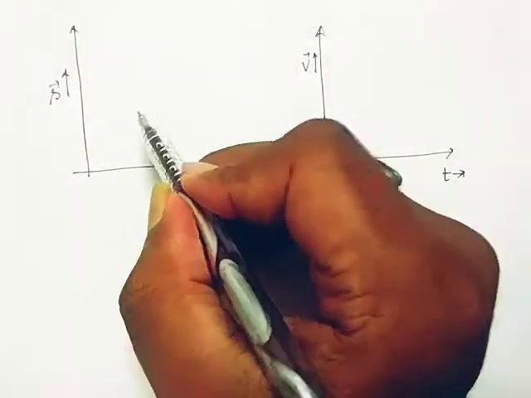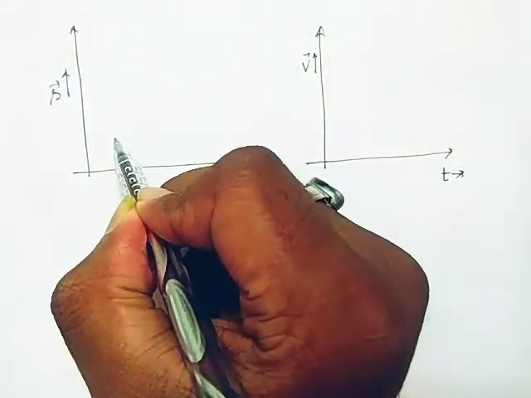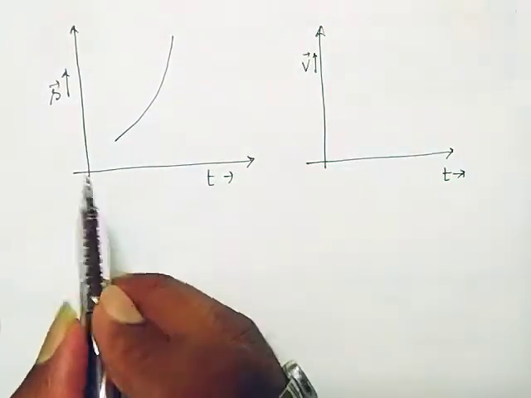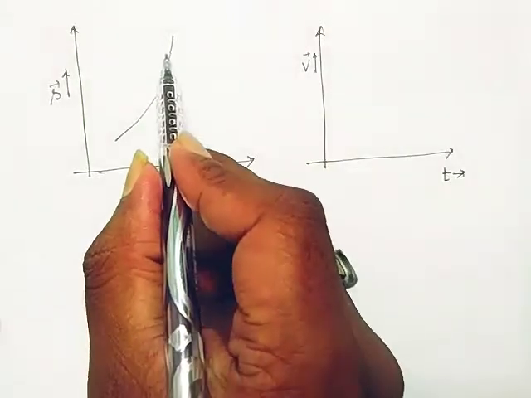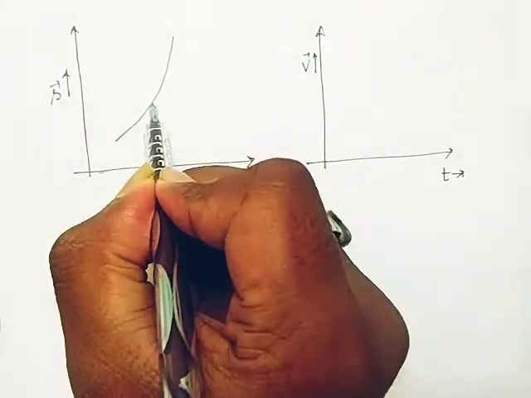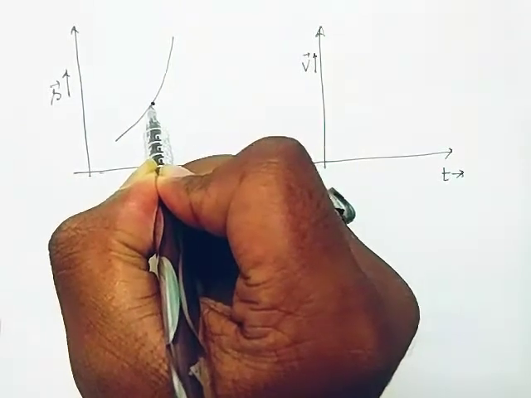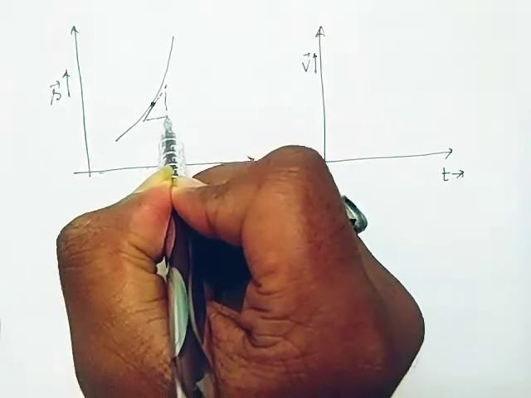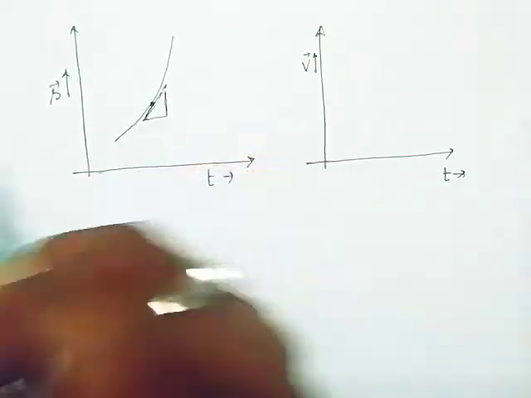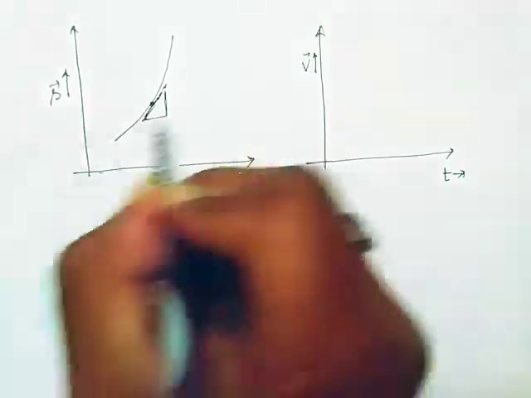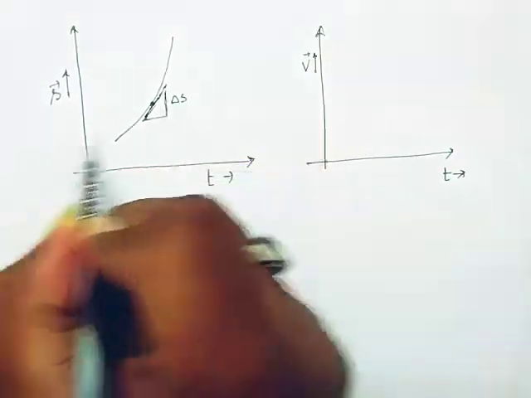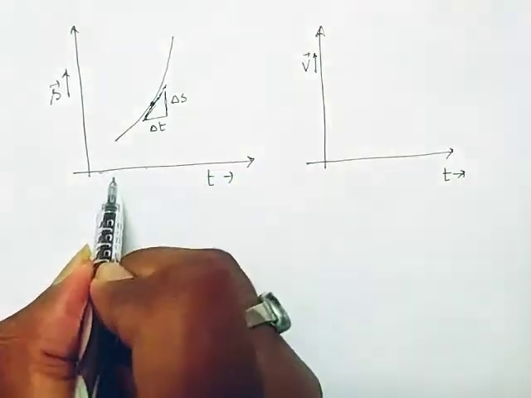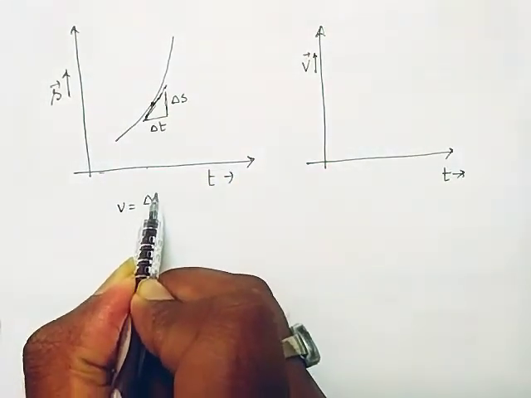Let us consider the plotting is something like this. So what is the meaning of this? With increasing time, the displacement is increasing. Now if I want to find the velocity, we have to consider a point and a tangent. There will be an intersection. I have drawn a very small triangle on this tangent. Let us consider it is the del S and the del T. So at that particular instant, the velocity is del S divided